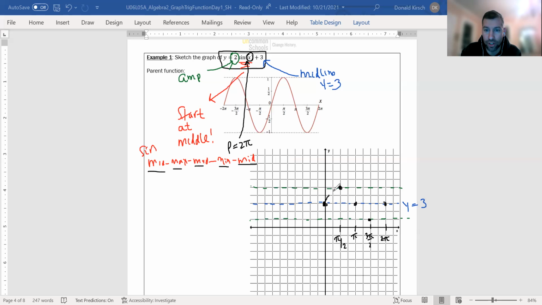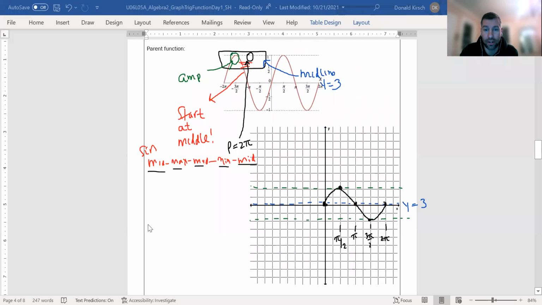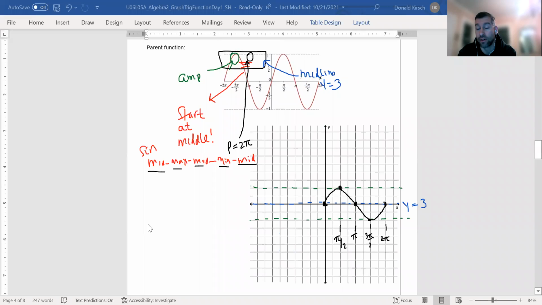And you can see that the shape of our graph looks the same. It's just that it's been stretched up 2 units and it's been shifted up 3 units from the original parent function that's listed above. And so overall, this is what your graphs will look like. These are the annotations I want to make. And this is really the order and the rules I want to follow. Let's see if I have any other prompts down there. I don't. So take an extra 30 seconds and make sure that you have this all cleaned up and good